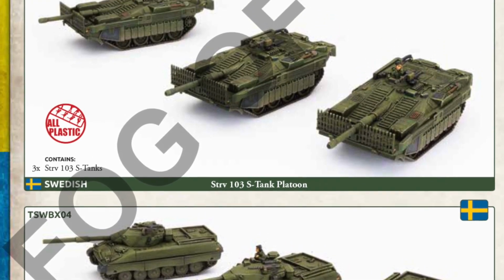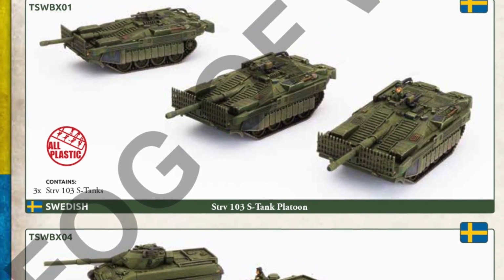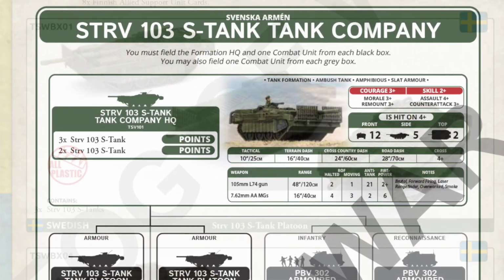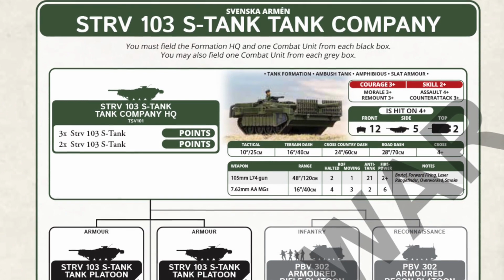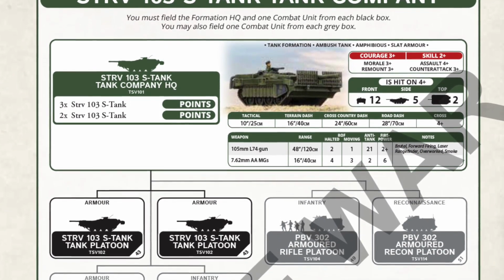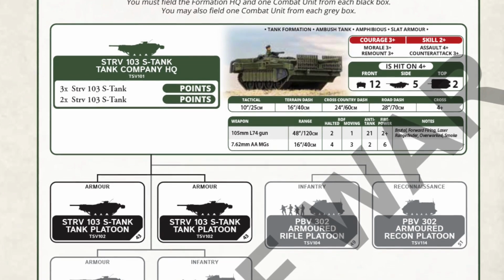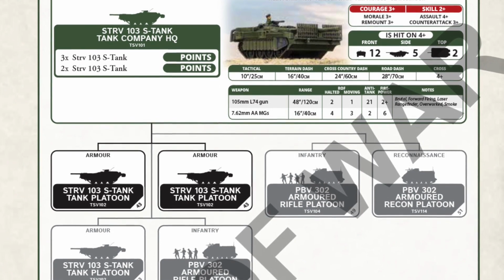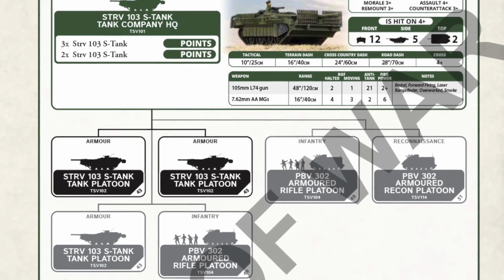The Stridsvagn 103 tank platoon box contains 3 tanks. That might seem an odd number, but if you look at the S-tank company diagram, the HQ has 2 to 3 tanks and up to 3 3-tank platoons. I guess they are also 3 tank support platoons as allies or attachments, so 3 tanks in a box is